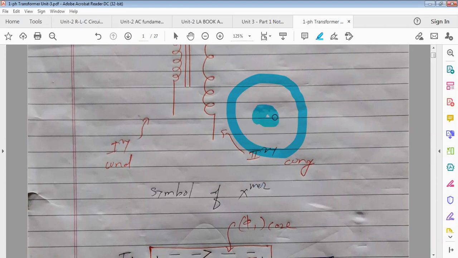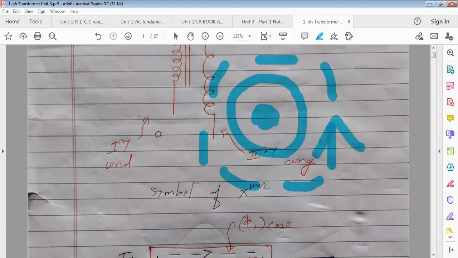Consider that the conductor is carrying current toward you. Toward you means the dot convention. Then use the right hand thumb rule. Point the thumb toward you, that is in the direction of current, meaning toward you, and wrap the fingers. In which direction are you wrapping the fingers? Anti-clockwise. Anti-clockwise, very good. So here in the anti-clockwise direction, the magnetic field will get produced around this current carrying conductor. Right hand thumb rule. Okay.